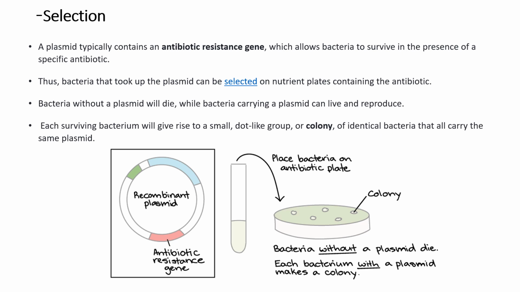What are we talking about? Remember, all the recombinant plasmids that contain our DNA of interest also contain an antibiotic-resistant gene. Apart from carrying our DNA of interest, they also carry an antibiotic-resistant gene. What is an antibiotic-resistant gene? Every plasmid of ours which contains our DNA of interest should also carry an antibiotic-resistant gene, such that